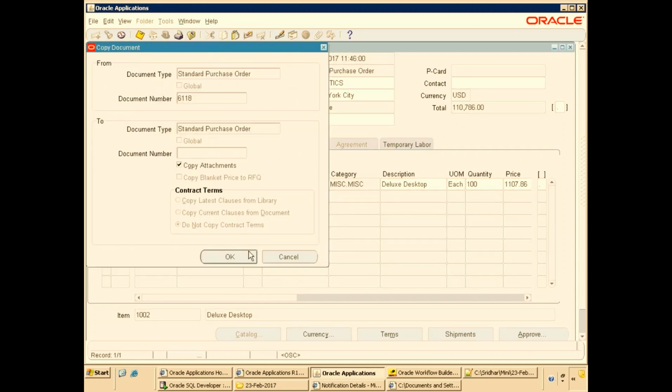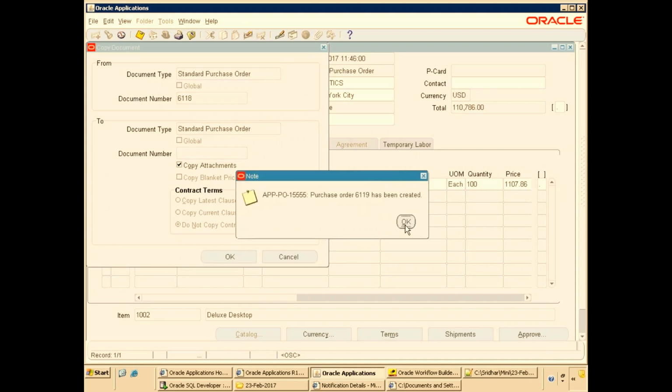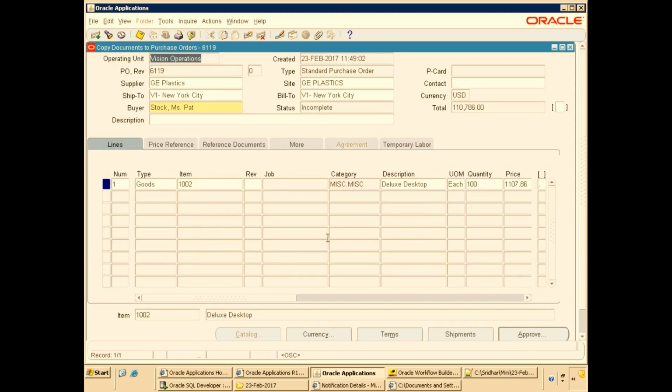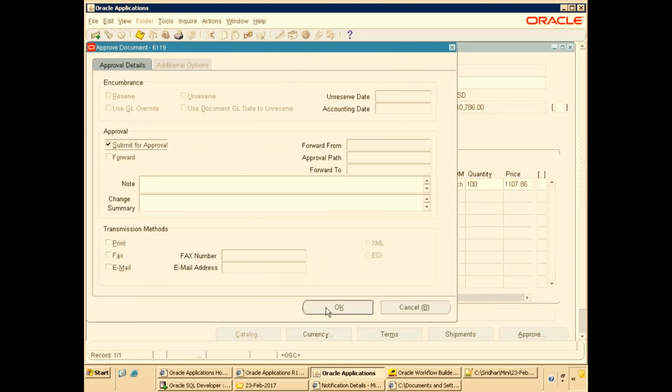In a copy, I think you can approve it again because it's not already approved, no? Yeah, but what happened is it is not approved, but a purchase order workflow was kicked off automatically, right? The workflow was raised for that. Okay. I click on approve. So again, it won't come?